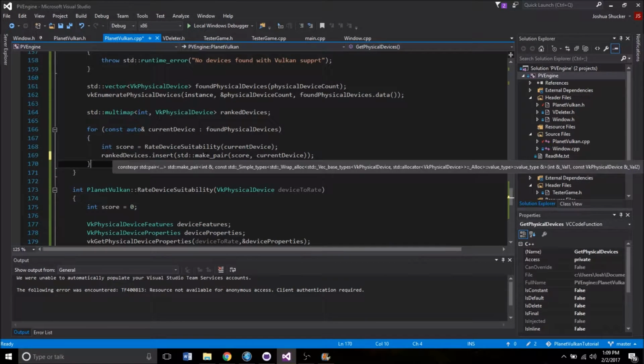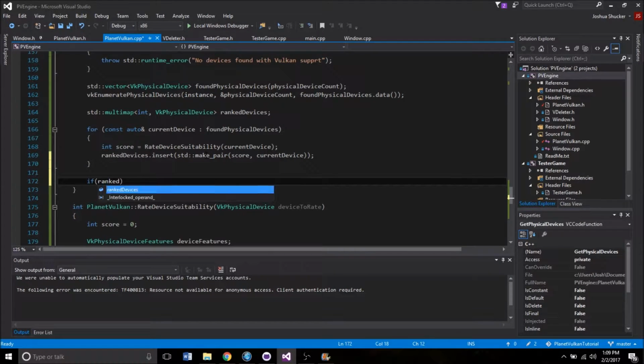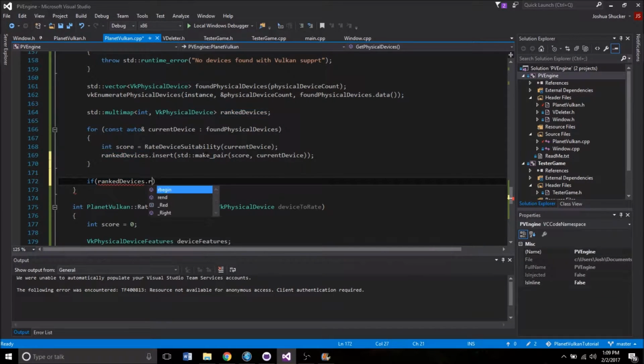So once this completes, we've rated all of our devices, we still need to actually grab the best one. So the way we're going to do that is we're going to go down here and say if rankedDevices.rbegin